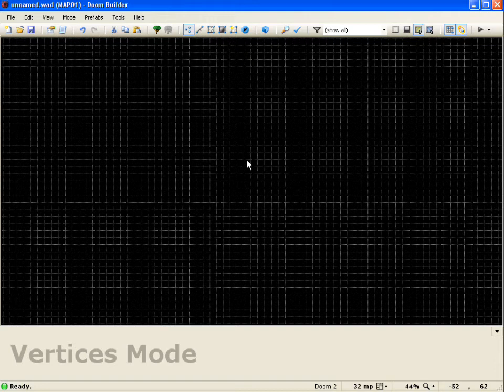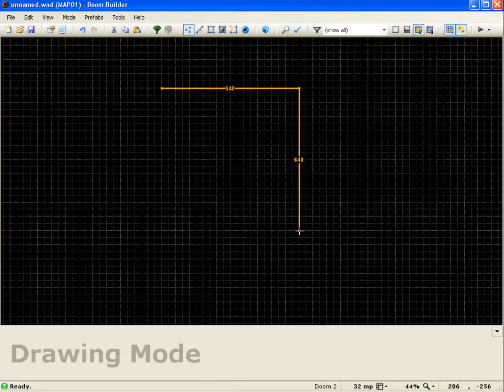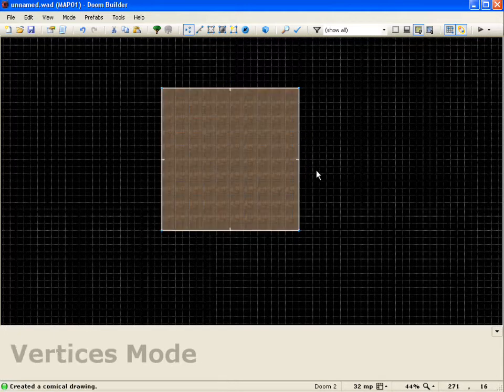Hello everyone, and this is the tutorial on texturing and visual mode. So first I'm going to create a room here, and we'll go 640 by 640. Okay, and the first thing I'm going to show you is how to actually texture using the 2D editor part